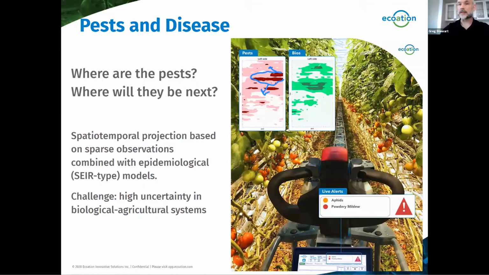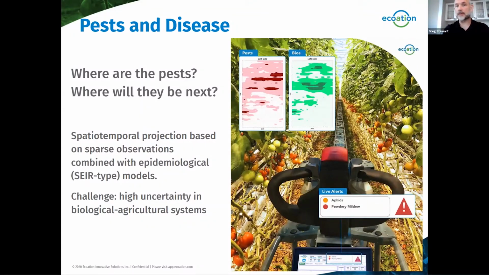The bios is something which is related. These are the good bugs that people buy to go in after the bad bugs. And so you can avoid using a lot of chemicals if you are on top of your pest pressure and able to distribute the biological controls ahead of time, right? So models for this, what we're doing is really, these are very different than the ones I just talked about.